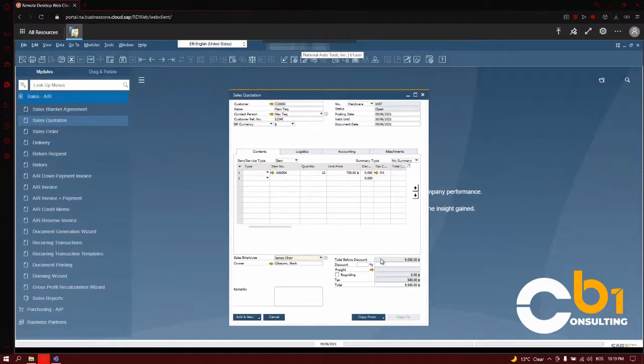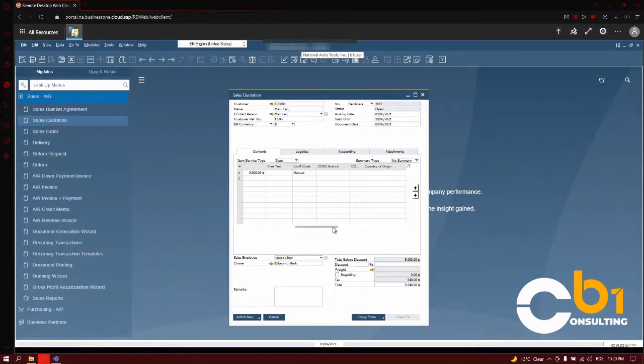I can see that my total is calculated automatically, and I can obviously do things like subtotals. For example, I can put in discounts, I can put in freight. So there we have our initial quotation. I have a number of fields available to me. I have the item number, the quantity, the unit price. I can put in some remarks for this specific item. I have the unit of measurement code,